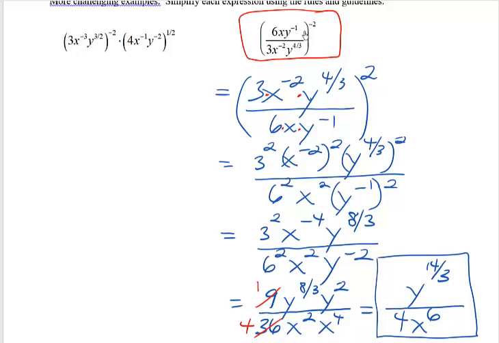Remember, you do have some options. Even at the beginning, I didn't have to do that trick. I could have just distributed this negative 2 to everybody first, and eventually I would have ended up at the same place. Obviously, you just need to practice a bunch, and you will get the opportunity